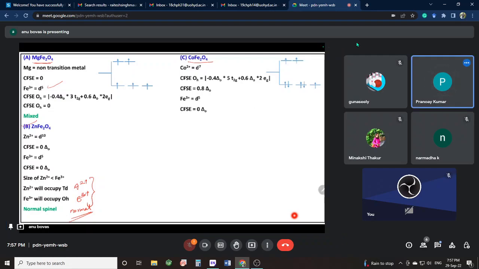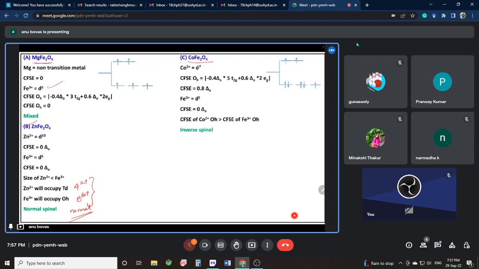Inverse, correct. So this will be an inverse spinel. Only 2-3 points you have to remember. AB2X4 will be the spinel structure, and CFSE, how to calculate, that you guys already know. And what is the relation? Tetrahedral, octahedral, CFSE. Only 2-3 points you have to remember, and then you will easily get the 2 marks question